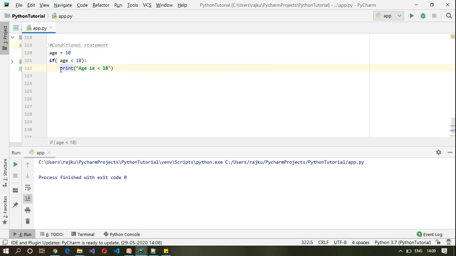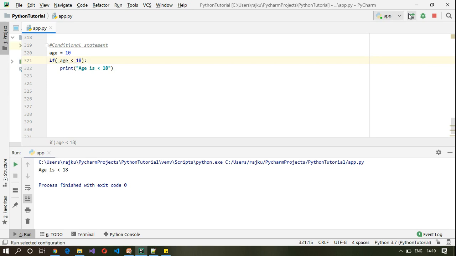In a Java program we use curly braces to identify a particular set of instructions. However, there are no curly braces in Python, so we have to make use of indentation here. This indentation can be from two spaces to a few tabs. One more thing to note here is if you have another statement within the same block, you have to use the same space, that is the same indentation. That I will show next. So let us execute this simple if statement.